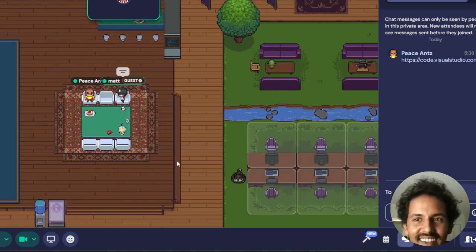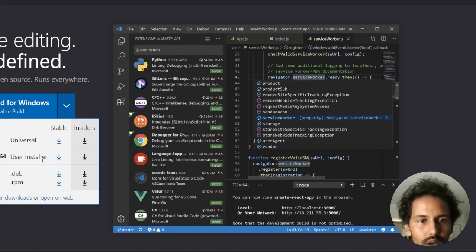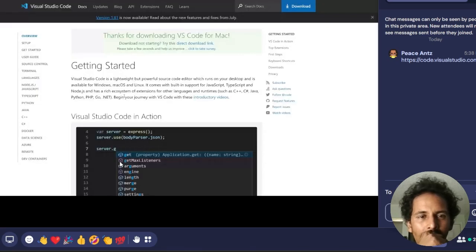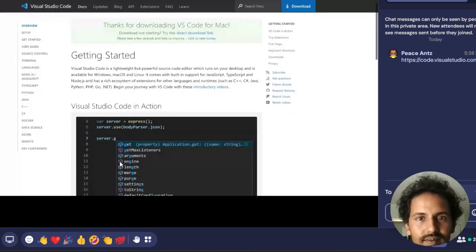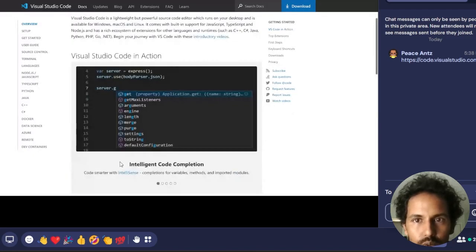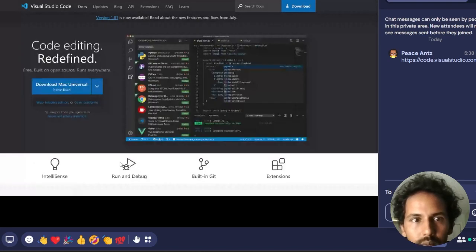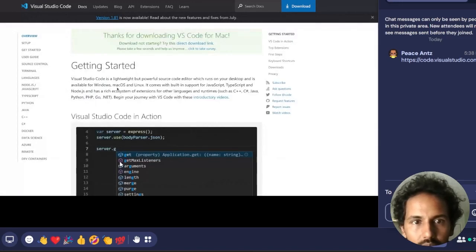When I hit the download button, just hit download? Yeah, you want to download the Mac one. Stable. This is what it took me to. Okay, did you hit the download already? And did that one go through? Oh, okay, it did not start downloading. Direct download link, try that out.